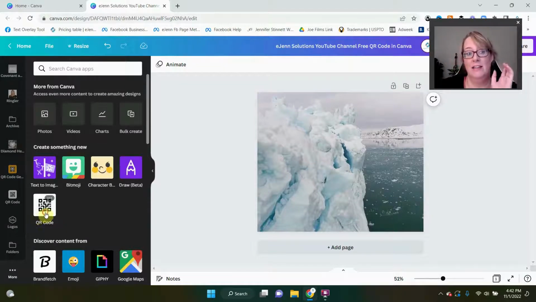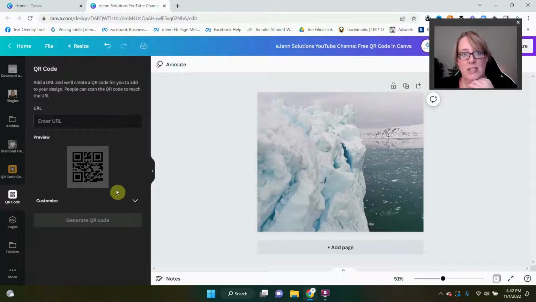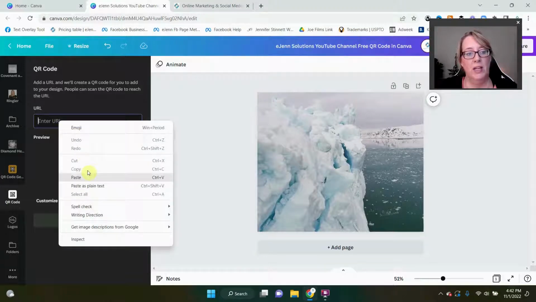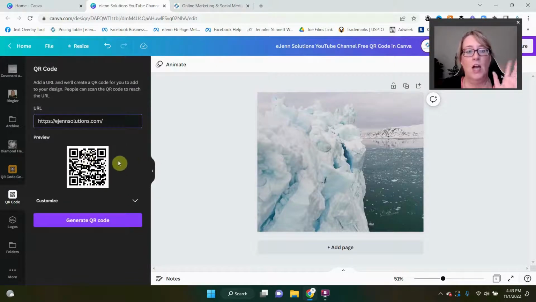When you find that, select it, and you're going to see this really simple little box pop up. So what you're going to want to do then is, in this box that says URL, place a website link. It could be a website link, it could be a link to one of your social media accounts, it could be a link to a Google form. Anything that has a full website link you can place in here. Now you can see here it has a little preview, and as it stands right now, this will work perfectly.